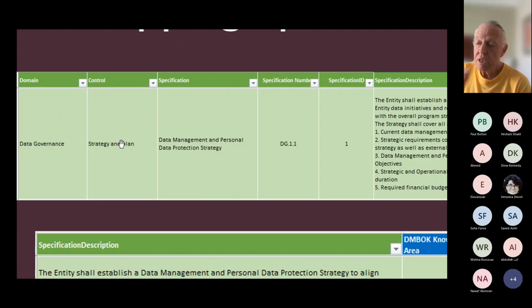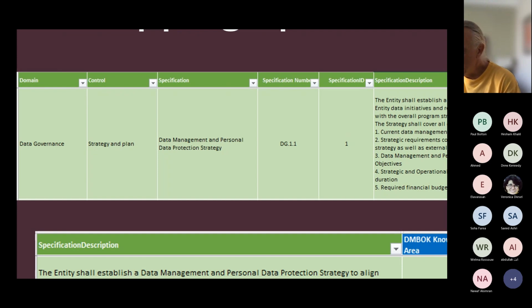Here is the Excel that we got from the NDMO, and you can see it's that domain, this control, this specification. We gave it these fancy numbering systems, so we call it 01 DG 1.1, it's control 1 and specification 1. And there's the specification ID.